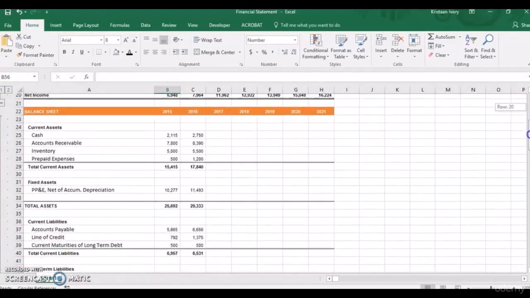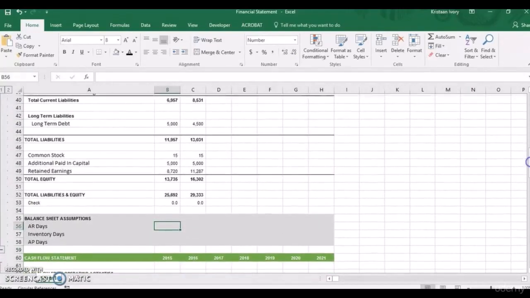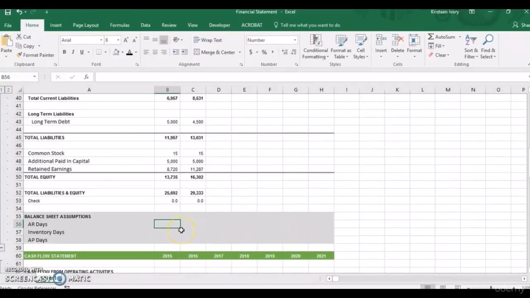So let's scroll down a little bit. As you guys can see, there's a balance sheet already there for you. So we'll scroll down to the bottom, and what we need to start on is working on our assumptions for our balance sheet. And the first one is our AR days, or our account receivable days. And to